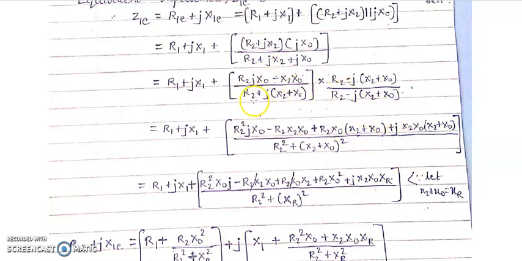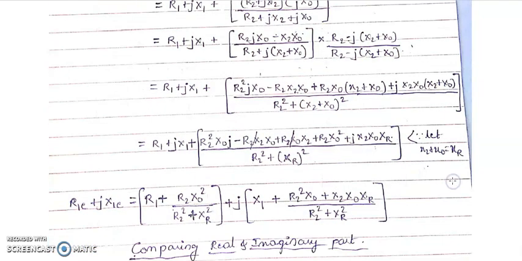And anyhow this is in the format of (A plus B)(A minus B), so it becomes A square minus B square, but we know that there is a plus sign here. Why plus sign? Because again, as I told, j square is equal to minus 1, so minus into minus plus, so it is R2 square plus (X2 plus X0) whole square. So here I'm calling X2 plus X0 as XR, so I shall replace all X2 plus X0 with XR. You can see I replaced it here and also here. Next this remains as it is.